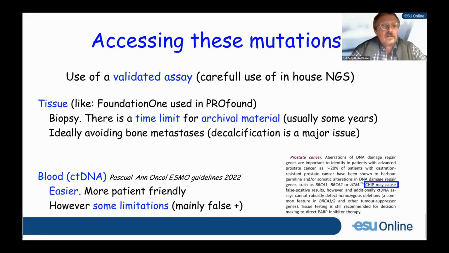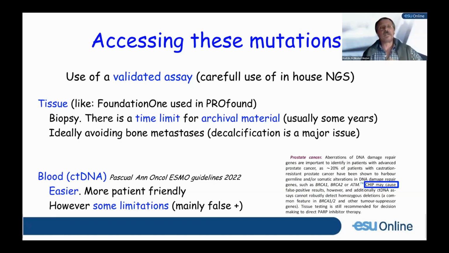The other way is to go for blood sampling using cell-free or circulating tumor DNA. It's easier. The rationale is that these tumors shed a lot of tumor DNA in the blood. It's much more patient-friendly. Between a visually targeted biopsy and just a blood sample, no need to discuss. It's available. We have some trials for that. We have some validated methods to check them. The issue is they also have limitations.